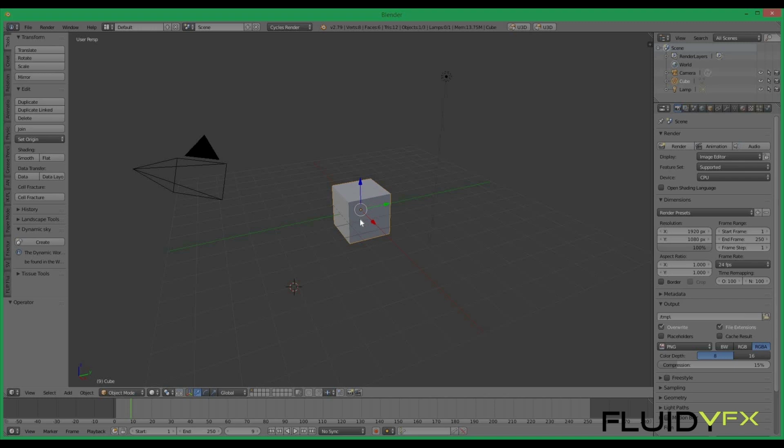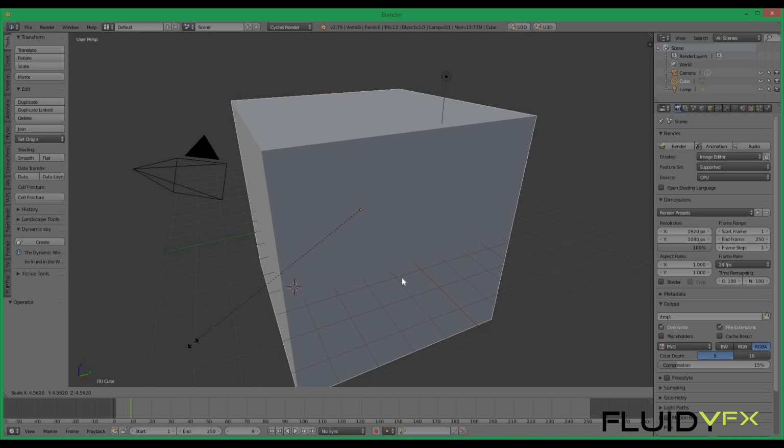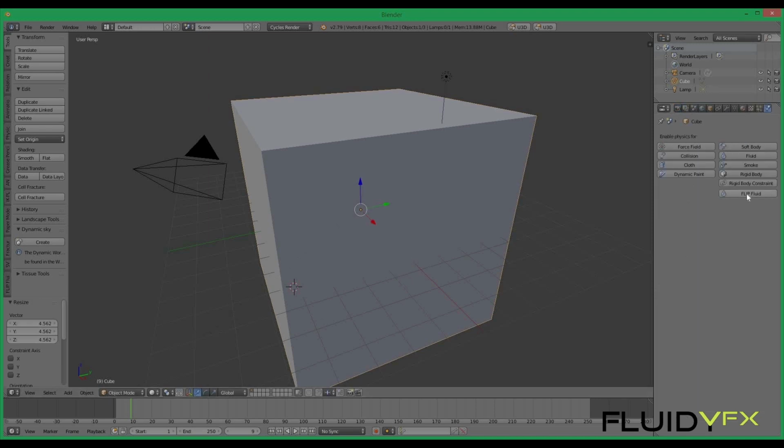I have opened a new file in Blender and I have a cube on the screen. I will scale it up. I will use this cube as a Flip Fluids domain because the domain is responsible for creating fluids inside Flip Fluids. So I have applied the Flip Fluids add-on,